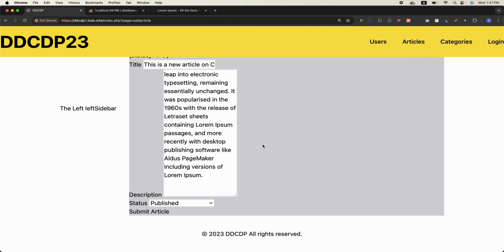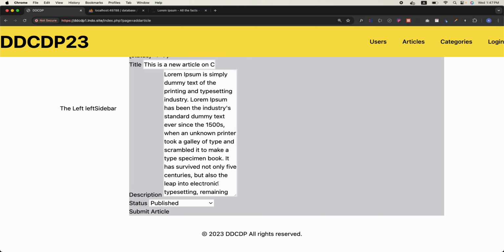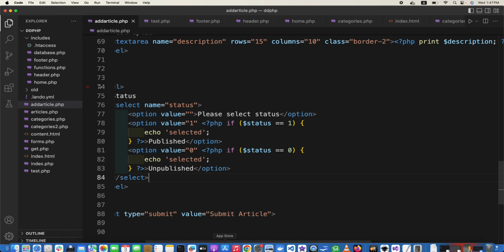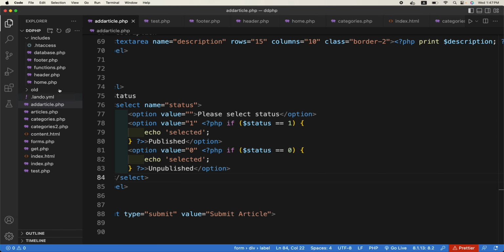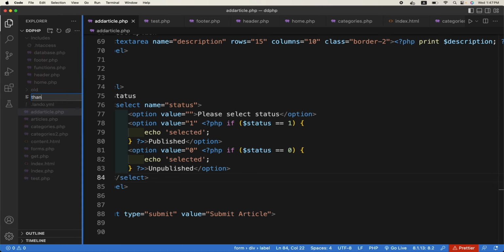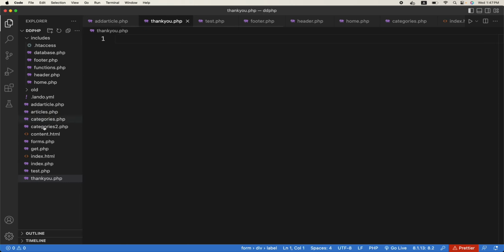For example, once we have submitted the article, we should go to some other page. Thank you very much, your article is submitted, or that one, right? So for example, let us quickly create another page, and we will call it thank you.php. Okay, this is the thank you page, and the PHP will have this opening tag because we intend to just write PHP in it,